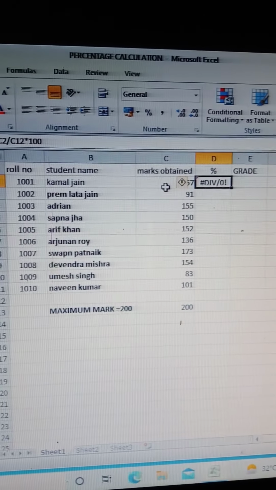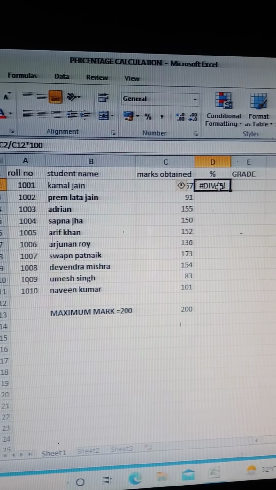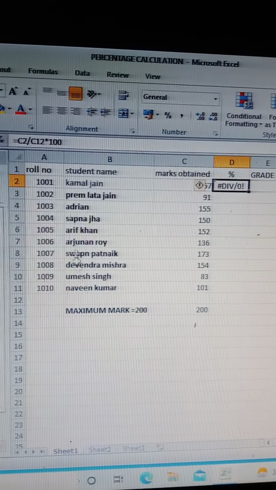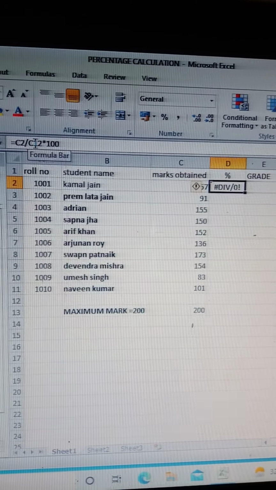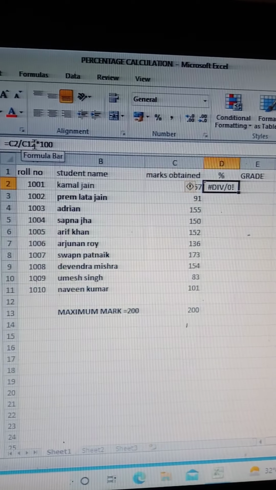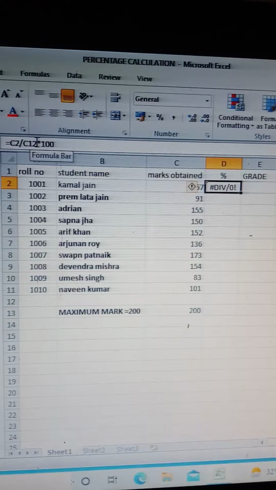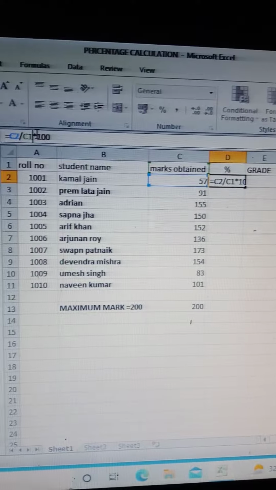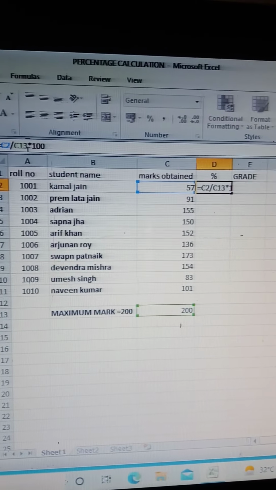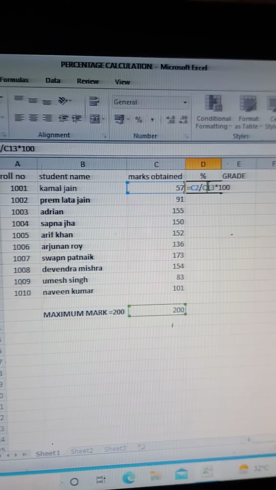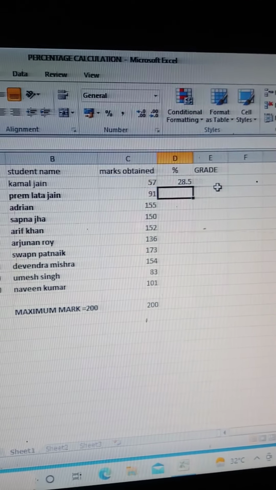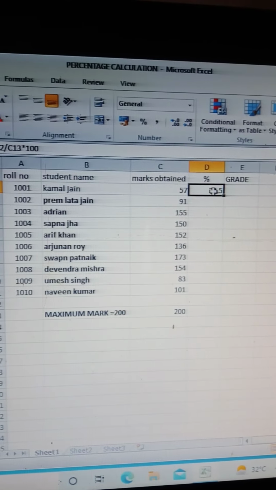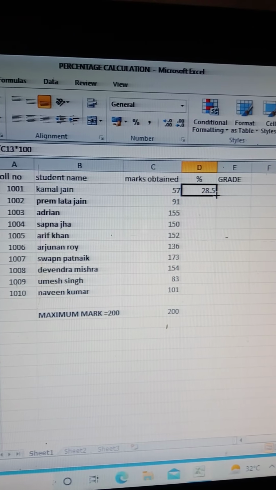Here not showing any percentage but an error. Why happened this error? Because here I have to write C13. Here I have to write C13 but I put C12. So this is the error. When I correct this error, it will show percentage. C13 and enter. Yes, you can see now this is showing percentage, and I will drag it